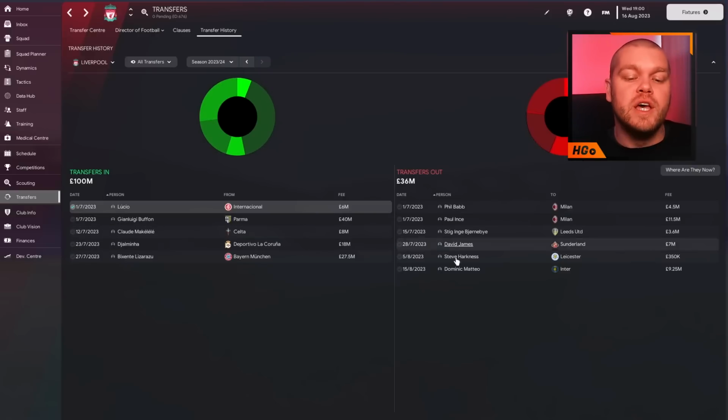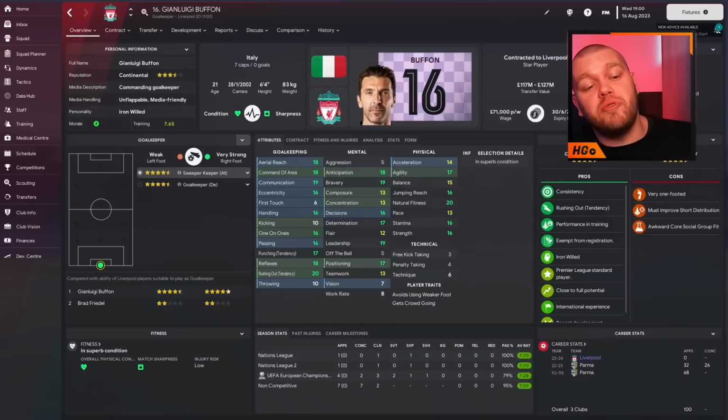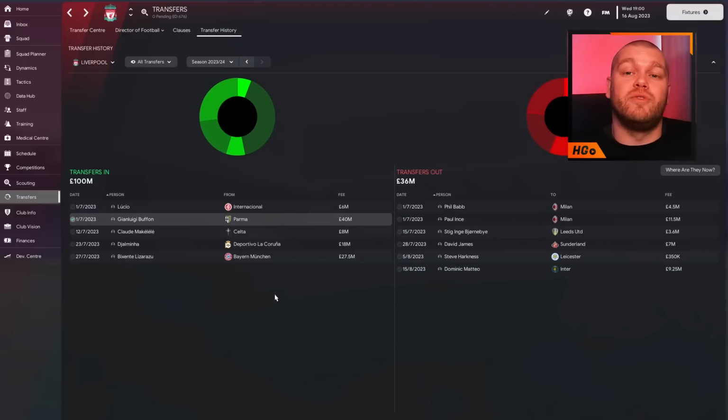million. You saw that David James was outgoing. We've replaced him. This is potentially the best goalkeeper I've ever seen in my life in Football Manager. We have a 21-year-old Buffon. He comes in from Parma. I didn't realise back in the day how stacked Parma really were. They've got an insane amount of talent, but Buffon is here to be our new #1 goalkeeper, and I could not be happier. He just looks stunning. Absolutely stunning. We pay £40 million for him, which in this database, I can assure you, is a lot of